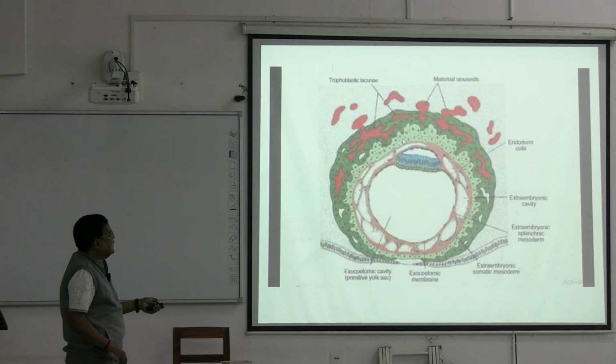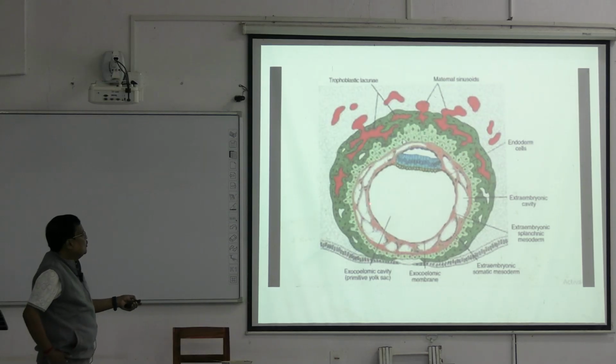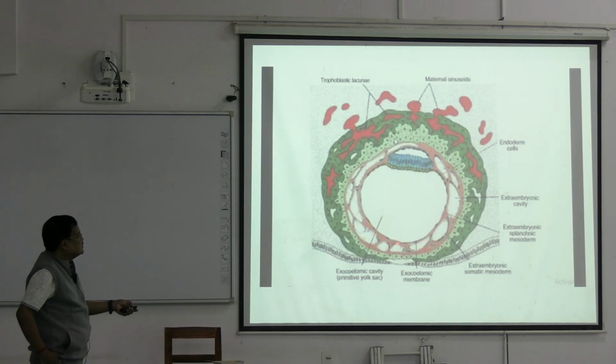And there is a cavity which is called the extraembryonic coelom. Outside this extraembryonic coelom, there is the somatopleuric layer, this reddish area, the somatopleuric layer of the extraembryonic mesoderm, right? So if we go from here to here: lining wall, Heuser's membrane of the yolk sac, splanchnopleuric layer of the extraembryonic mesoderm,